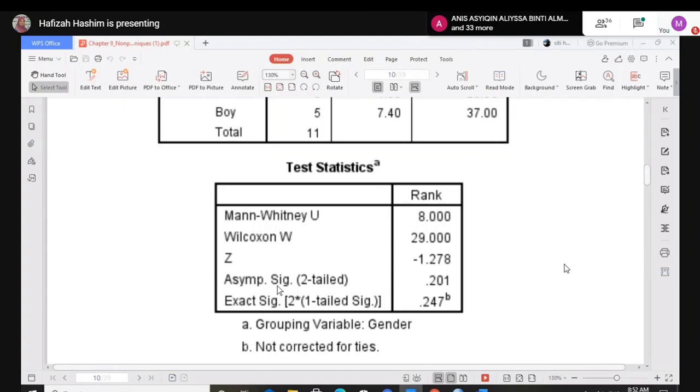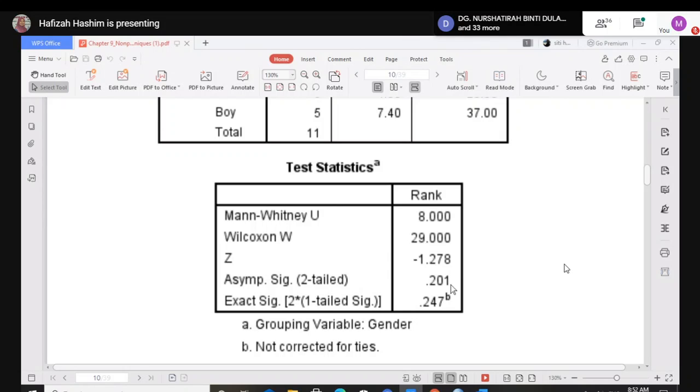And then you can see the asymptotic significance two-tailed and exact significance, 2 times 1-tailed significance. But you look at this one, asymptotic. Asym means asymptotic significance. You still know the meaning of asymptotic, right? We don't touch the value, but it is approximately near the value of significance. That's why this is significance two-tailed.